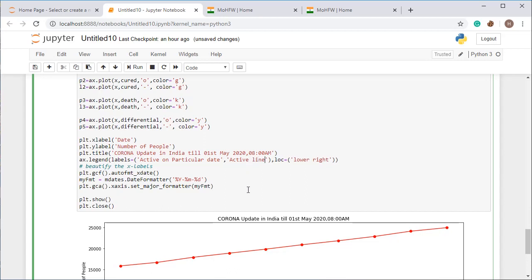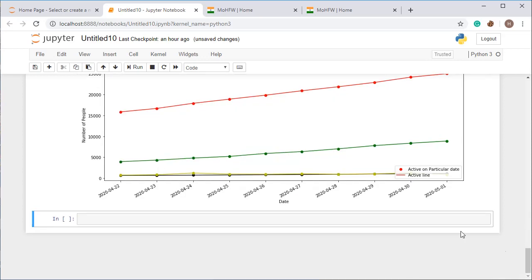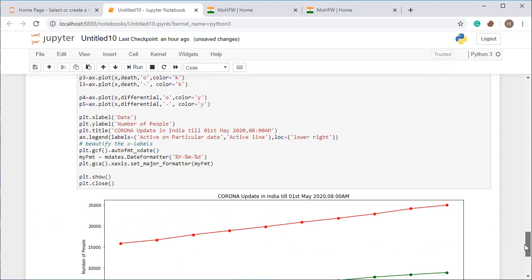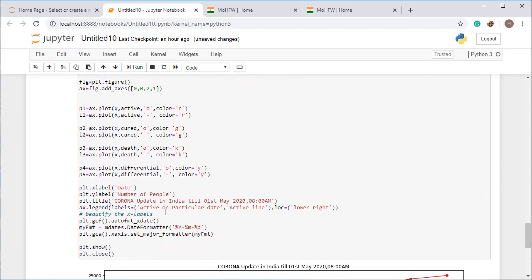All right, so this will show you the legend like this: active on particular date, number of cases active on particular date, and this one is the active line. So in this way you can set active cases on particular date.